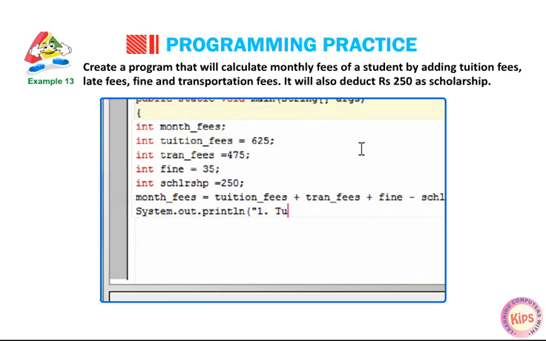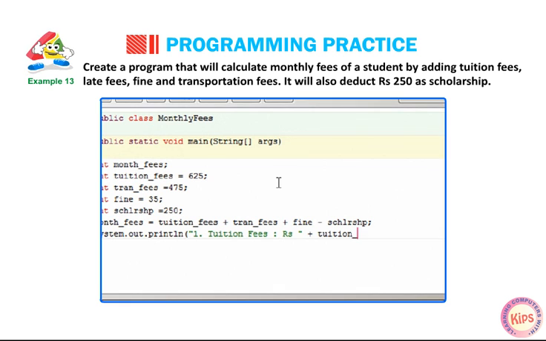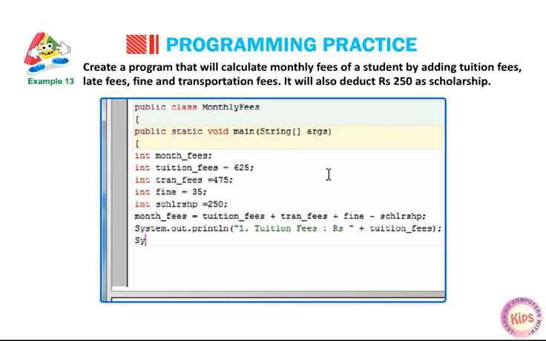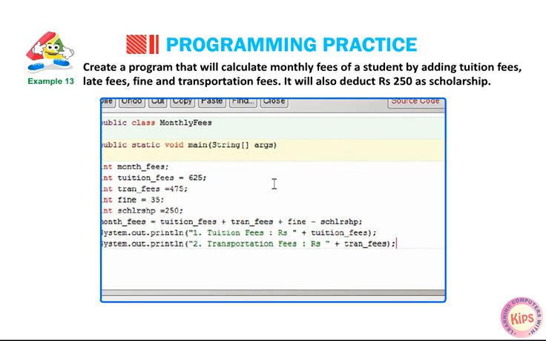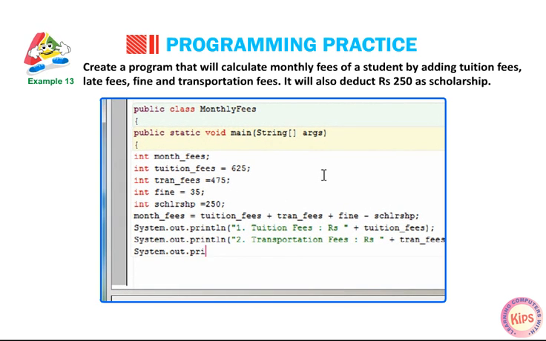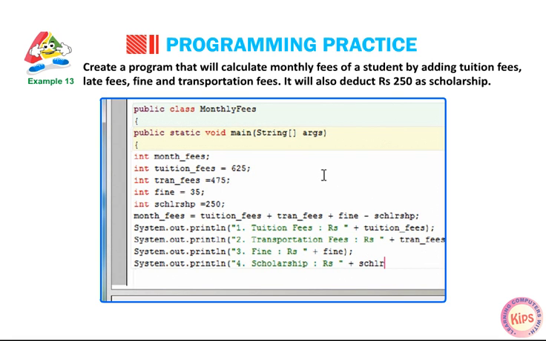System.out.println("No. 1 Tuition fees: Rs. " + tuition_fees); System.out.println("No. 2 Transportation fees: Rs. " + transport_fees); System.out.println("No. 3 Fine: Rs. " + fine); System.out.println("No. 4 Scholarship: Rs. " + scholarship);